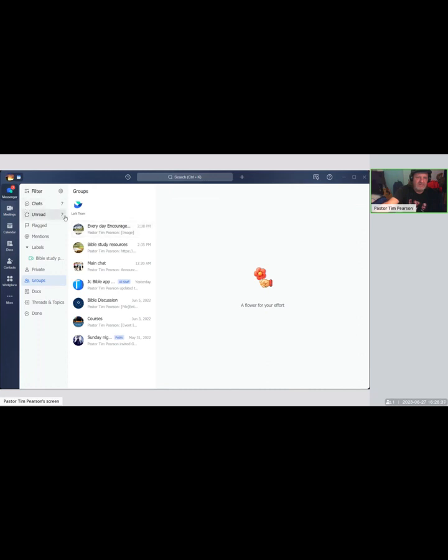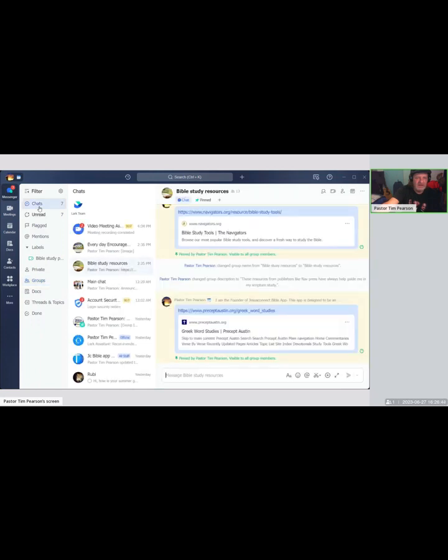These are the filters. So you got chats, which shows you all the chats right here. So you can kind of get them all compiled down here, and you can open them up, and you can see what's going on. You got your unread portion of it, so you can click on that and get caught up. Now you can also flag messages if there's messages that you want to go back to later, or you want to store them for, like, say you want to use the content from one of these in something, you can do that.